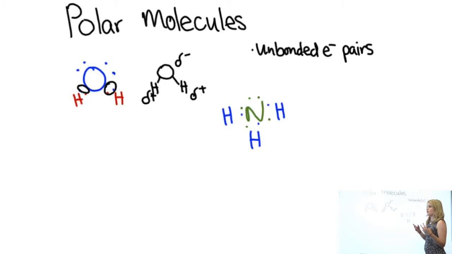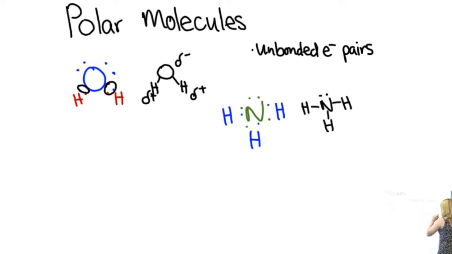They only can hold 2 valence electrons in their shell. So overall, this will make NH3, and the nitrogen will be slightly negative because of that